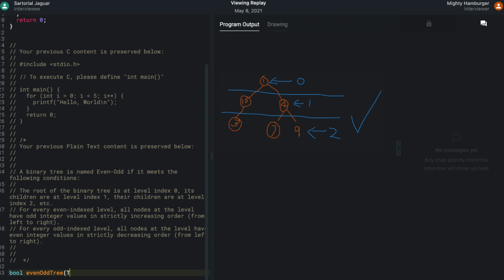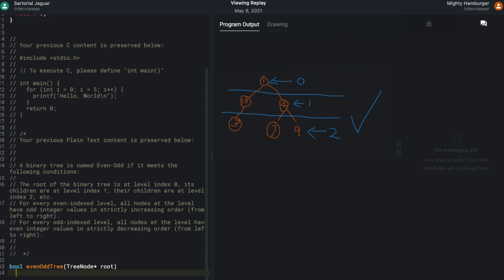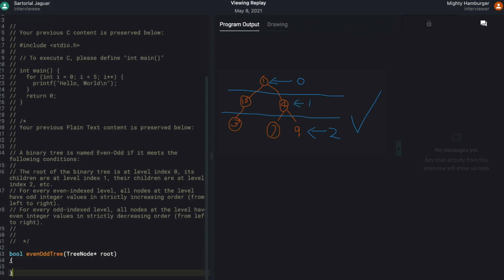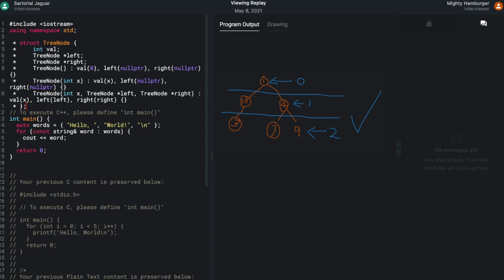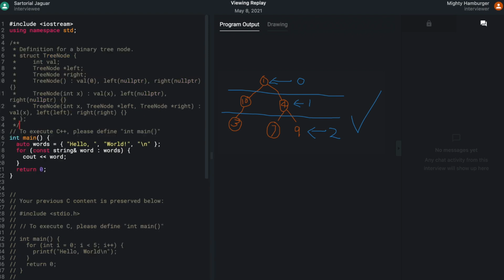Sorry, I lost track of my window. Give me a second here. So it should look like this. Okay. Thanks. Apologies for all the commented out parts. I can try copying it better. No, it makes sense to me. Okay, there you go. Perfect. And you're given a tree node star root. Yep.